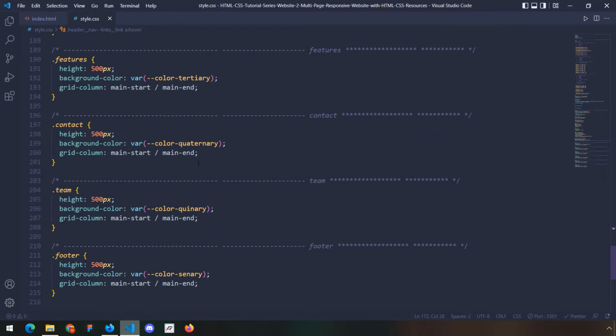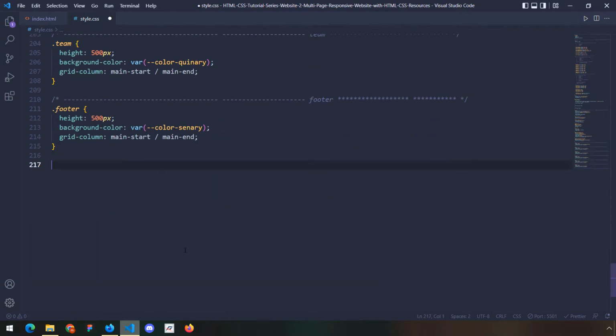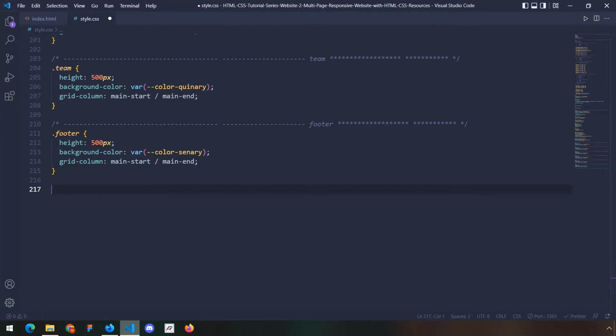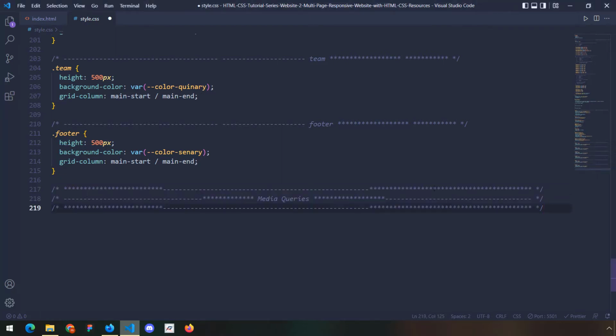So I've zoomed out a little bit because there is going to be a lot of lines of code and the navigation is going to be a little bit tricky for me. So first off, I'm going to paste this comment, a very unique one for media queries, and we're going to jump into the media query for 750. So I'm going to say at media, screen, and